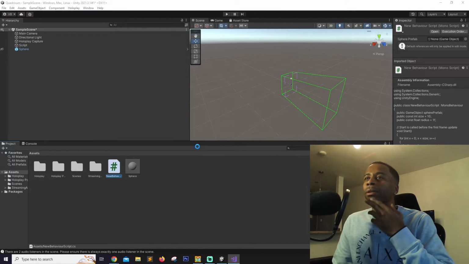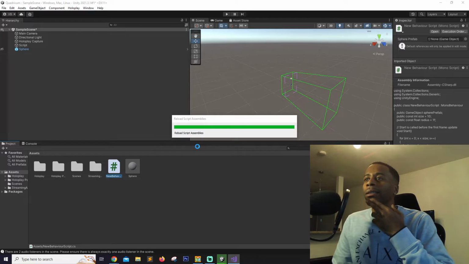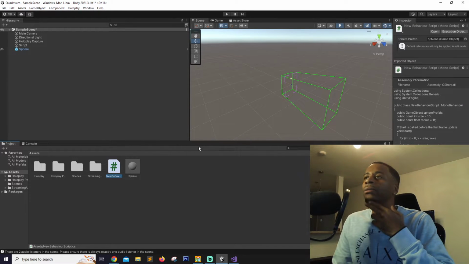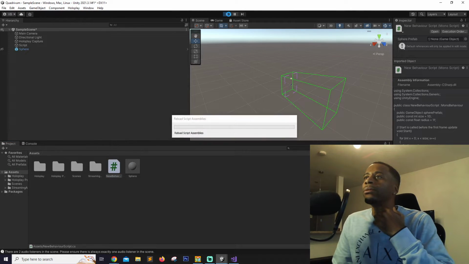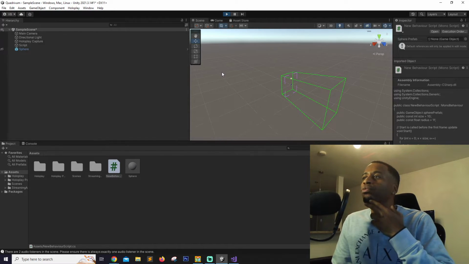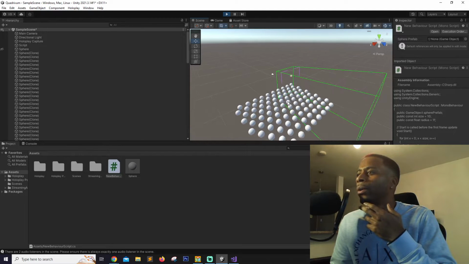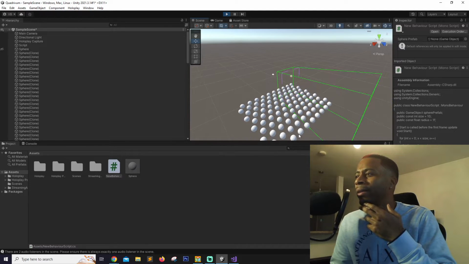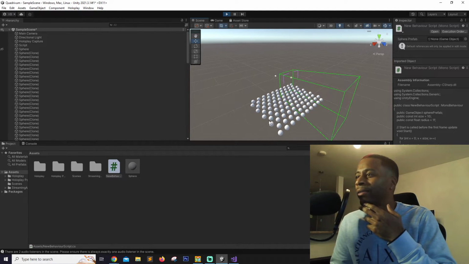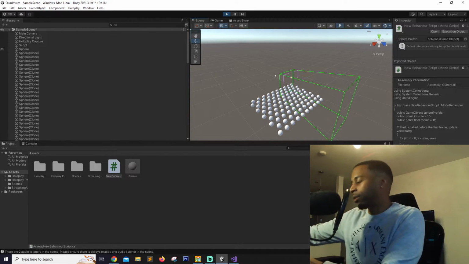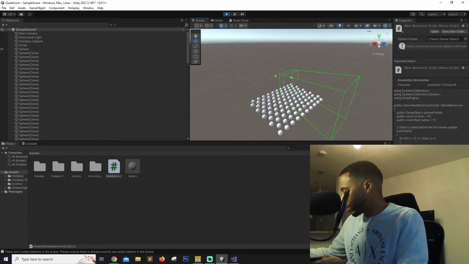Let's see. So yeah, that is still, again, I can see the hexagonal, but is that even actually right though? Because the points at which,